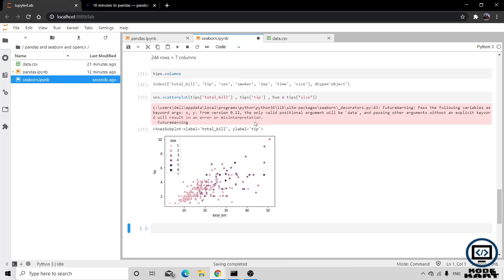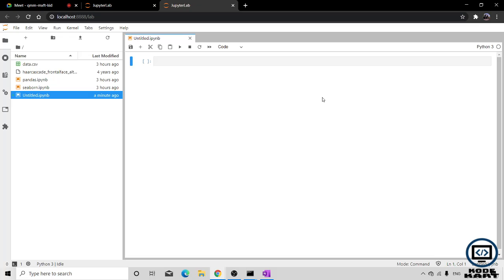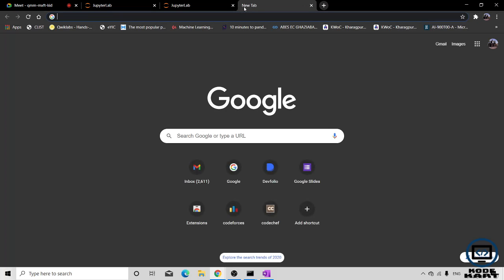Now we are going to study an interesting topic and do our face recognition part in OpenCV, and you will really enjoy it a lot. Now we are going to start with OpenCV. For starting with OpenCV, first of all, there is something we should know. So we want an image. Let's take an image from the browser.